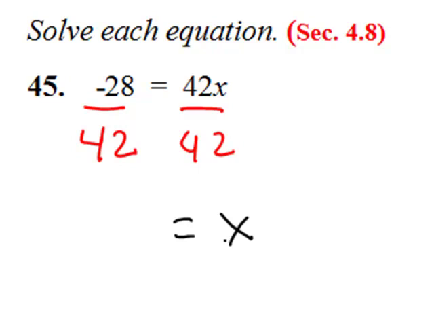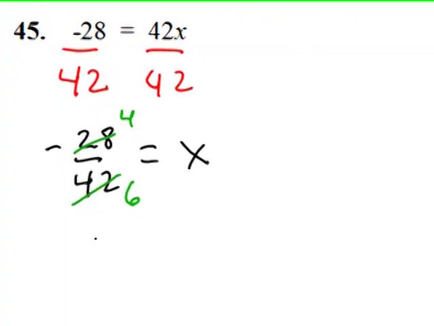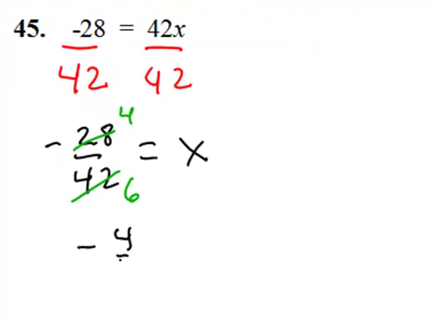On the left side, I'm going to write that a little carefully, negative 28 over 42, but that can simplify by a factor of 7. So let's divide 7 into 28, we get 4, and 7 into 42 is 6. So we now have negative 4/6 equals x,